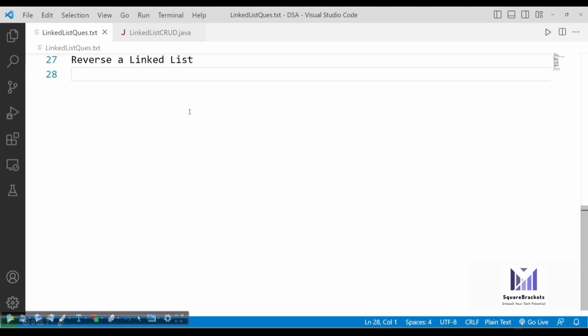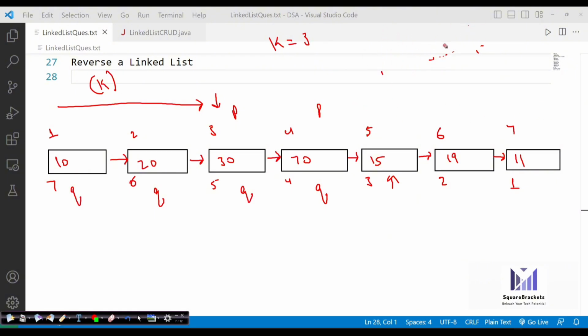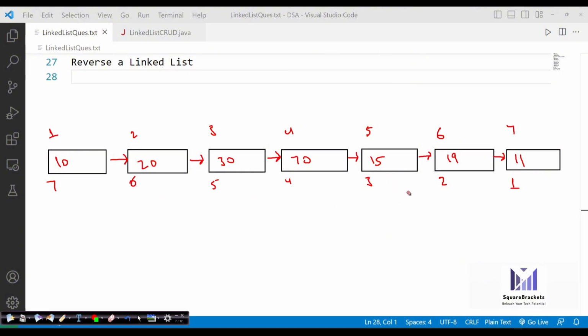So let's talk about how do we reverse a linked list. Now when you have a linked list available, we have to talk about how we are going to reverse it. All right. Now, in order to reverse a linked list, the strategy will be, instead of reversing the linked list, we will reverse their references and automatically it will be reversed.